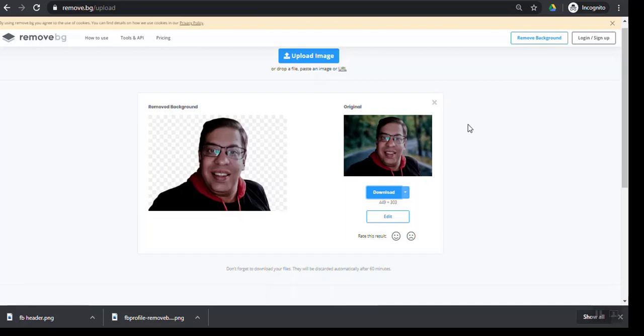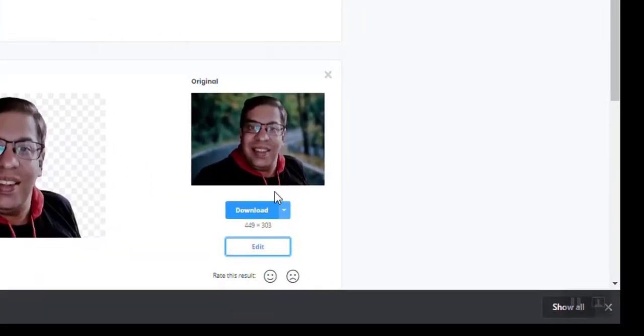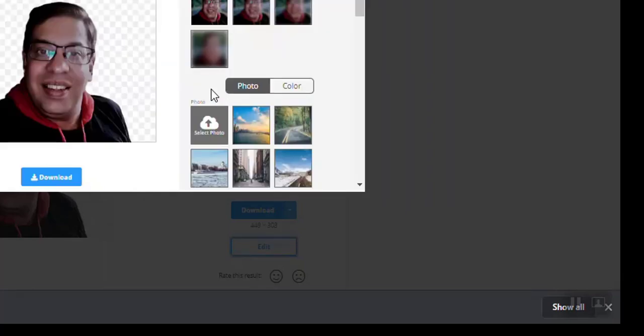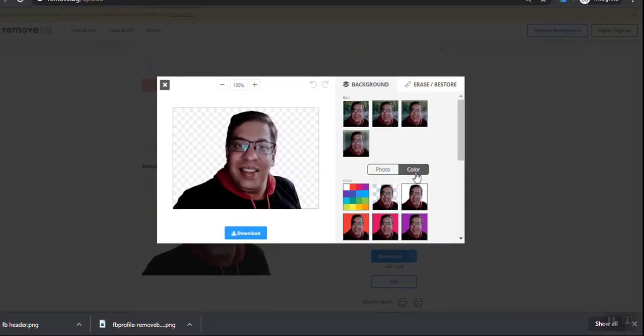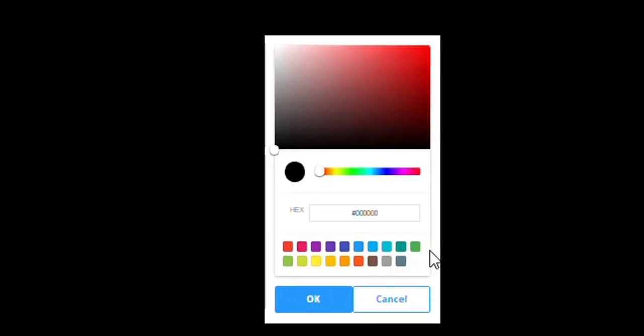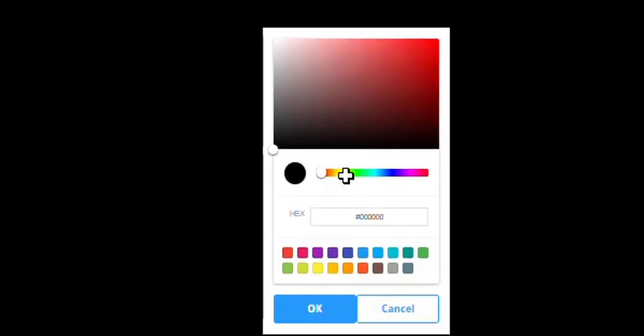To do that, just click on the edit button out here. Earlier we had just clicked on the download, but now we will click on the edit. Click on the color tab, select the color out here. You need to drag this round button to the rightmost top.